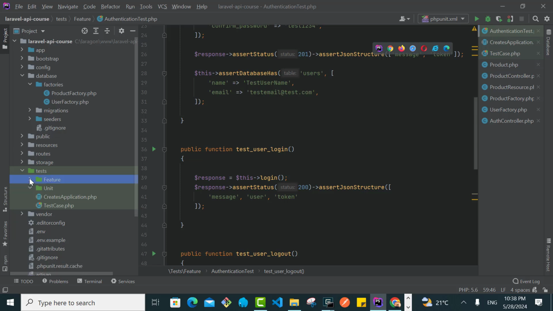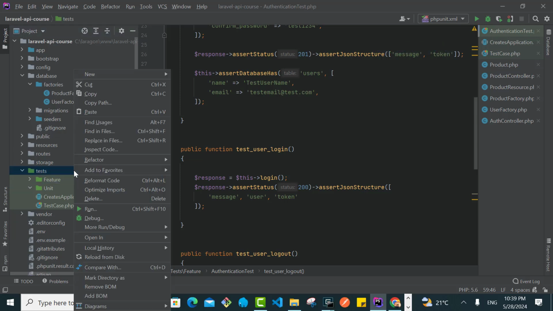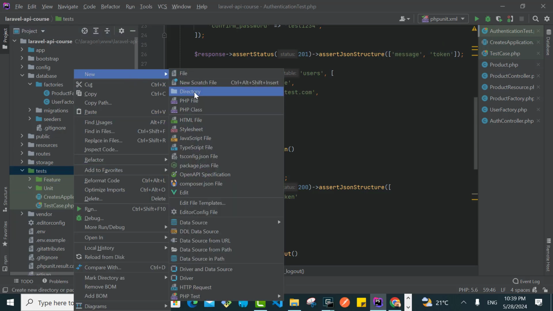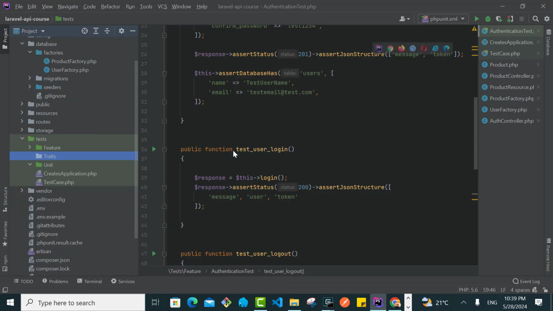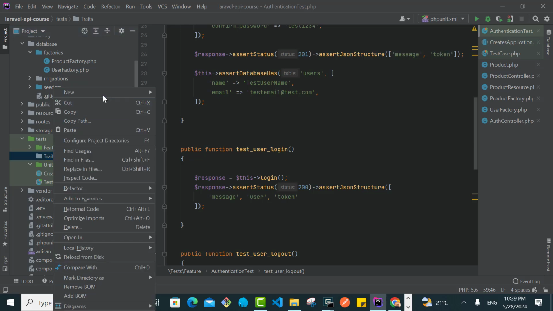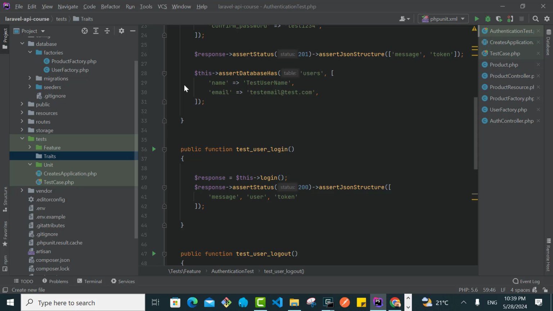So I'll go inside the test, I'll go for new directory, I'll name this directory traits like this. Then inside this directory, I'm going to create a new file, let's say AuthTrait